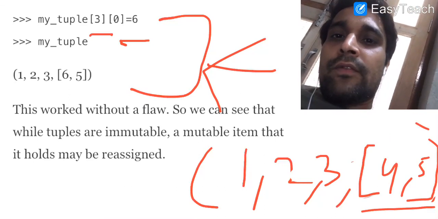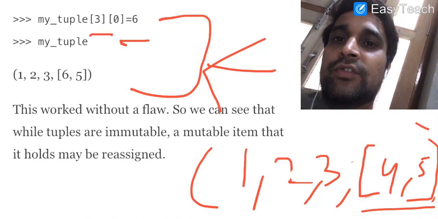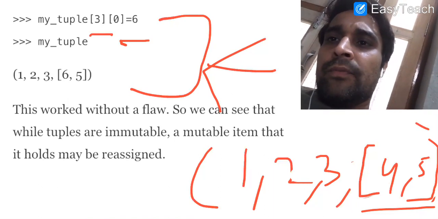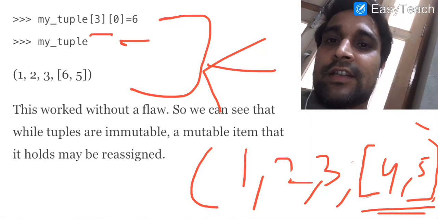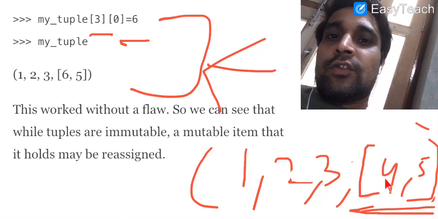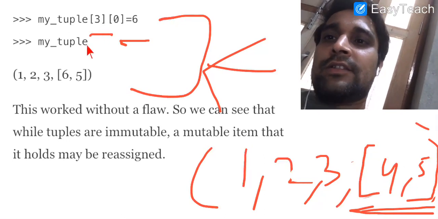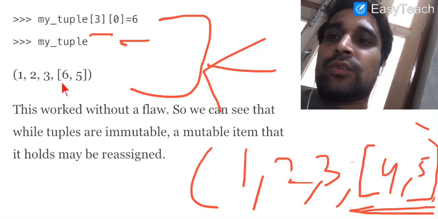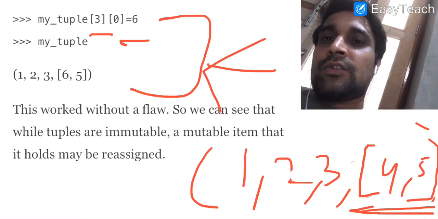These 4 and 5 are in the form of a list and it is enclosed at index 3. So we want to modify the value stored at index 3, that is this complete part, and index 0 means this value, from 4 to 6. Now when you write this statement, you will get the result 1, 2, 3, 6 and 5, because list is a mutable data type available in Python.